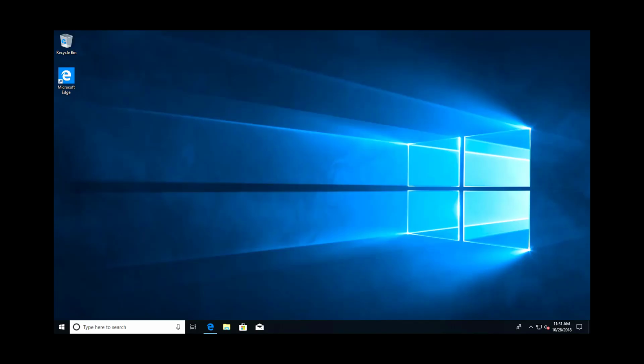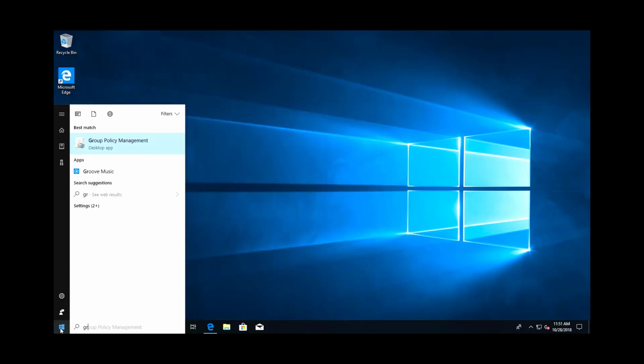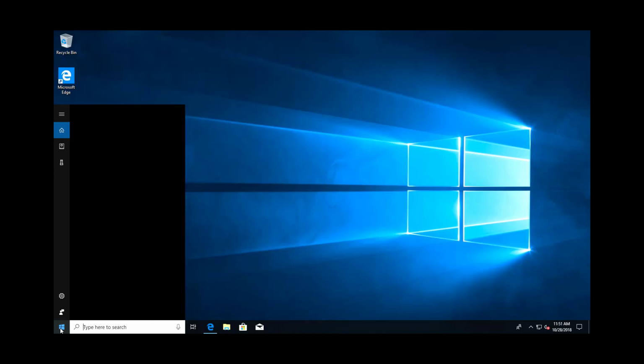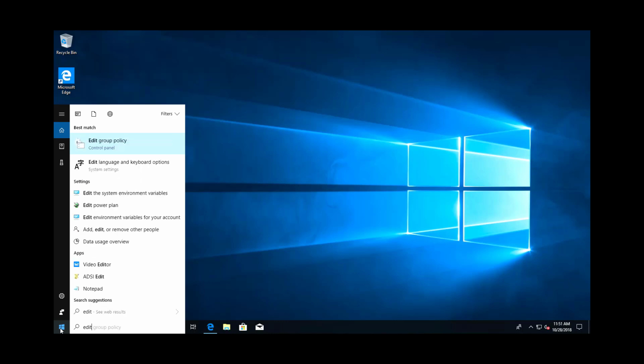So now what we're going to do is a little bit of a demo with MMAT. Okay, here I have my test machine. It's all ready to go with the Remote Server Administration Tools installed. If I check, the Group Policy Management Console is installed on this machine. Sometimes you might notice the Edit Group Policy on the machine, and that's not what we need. That is actually part of Windows and edits your local group policies,